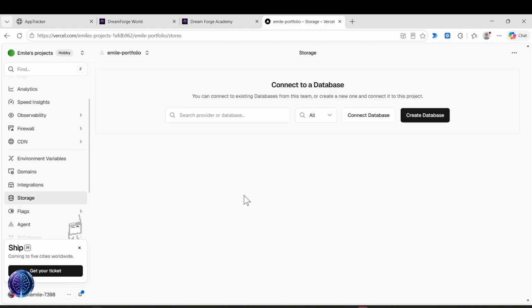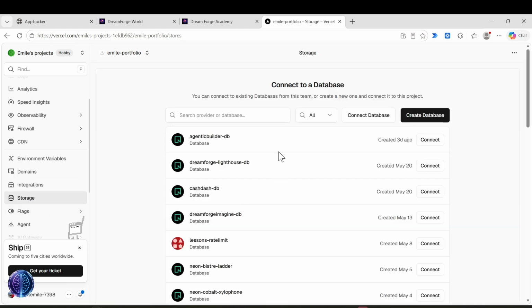You can add storage, so you can create databases later on when you get more advanced. You can connect blobs or binary large object storage, which is basically to store files, but you can also work through here. Or you can just tell your agent that you need to set up a repository or a blob for storing images or sound files or documents, something that doesn't fit in a database. If you do want a database, I recommend using Neon, and there's plenty of good documentation on the Vercel website to go deeper into that.